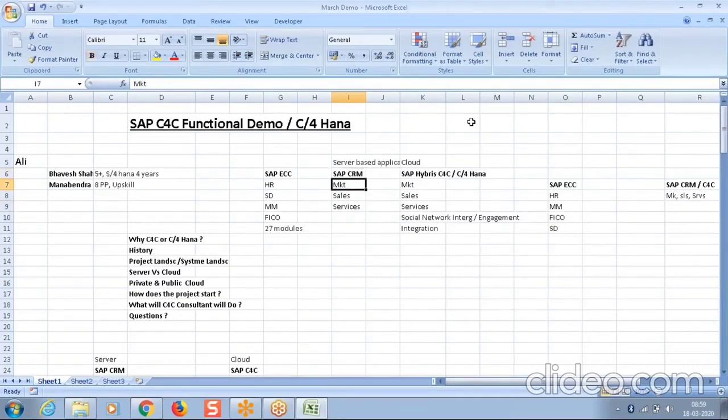So now, this was an amazing journey of SAP CRM in the market. But the whole thing is, these two were server-based applications. These two were server-based applications. Now SAP is absolutely aware that the future is